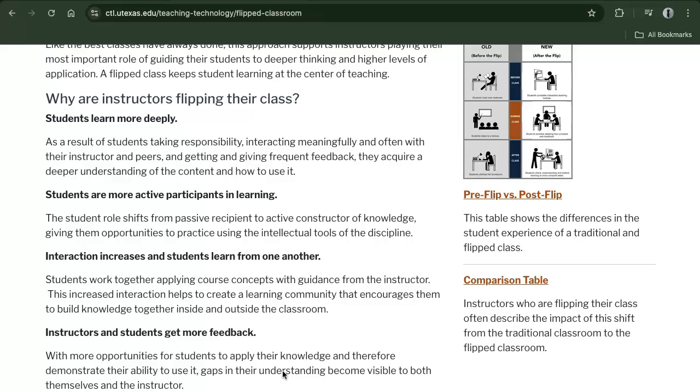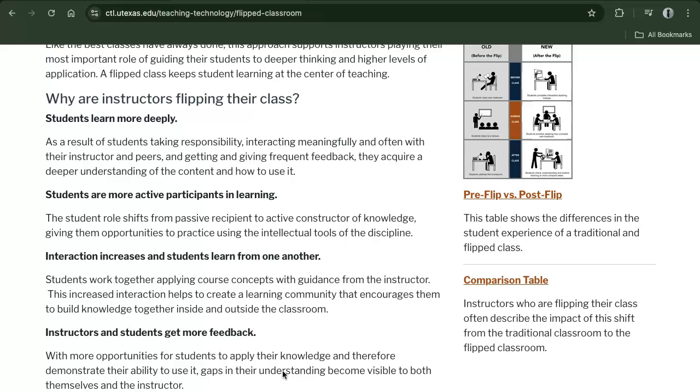So when they are in class, they are truly having a sense of concepts of whatever that is, in math, in reading, physical education for myself. They're understanding it more deeply. Students are more active participants in learning, again, because they need to be. You have the PowerPoint, you have the notes, you have videos that professors send before class. So you need to be ready. You need to be active during class, and I really like that